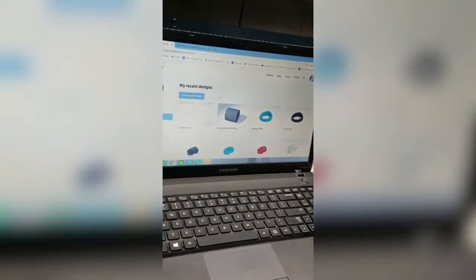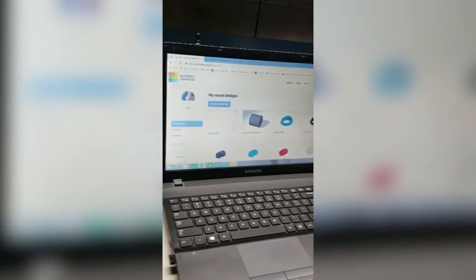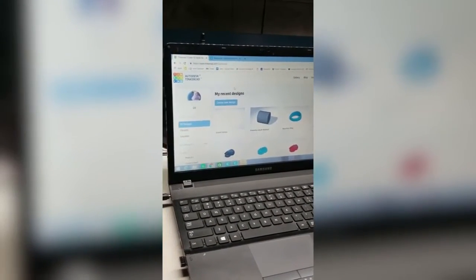I'm going to show you how to 3D design and print. Now there are three main softwares that I like to use for this. One is Tinkercad, which allows you to import